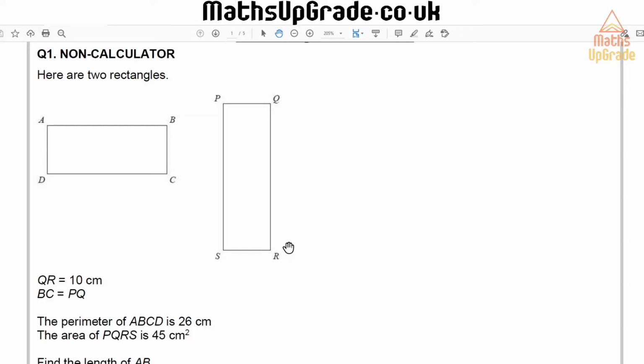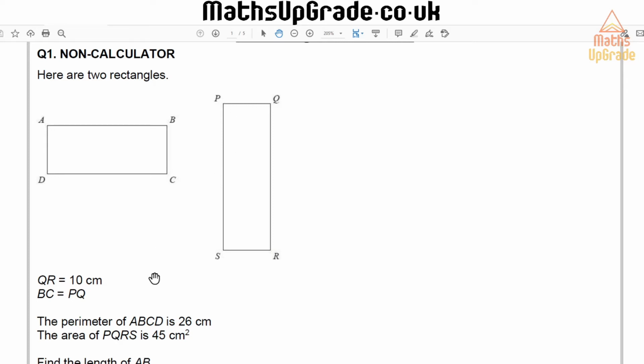Okay, so areas of shapes, question 1, non-calculator. So there's two rectangles here. I'm told that the length of QR is 10. I'm told that the width of this rectangle here, BC, is the same as the width of this rectangle here,